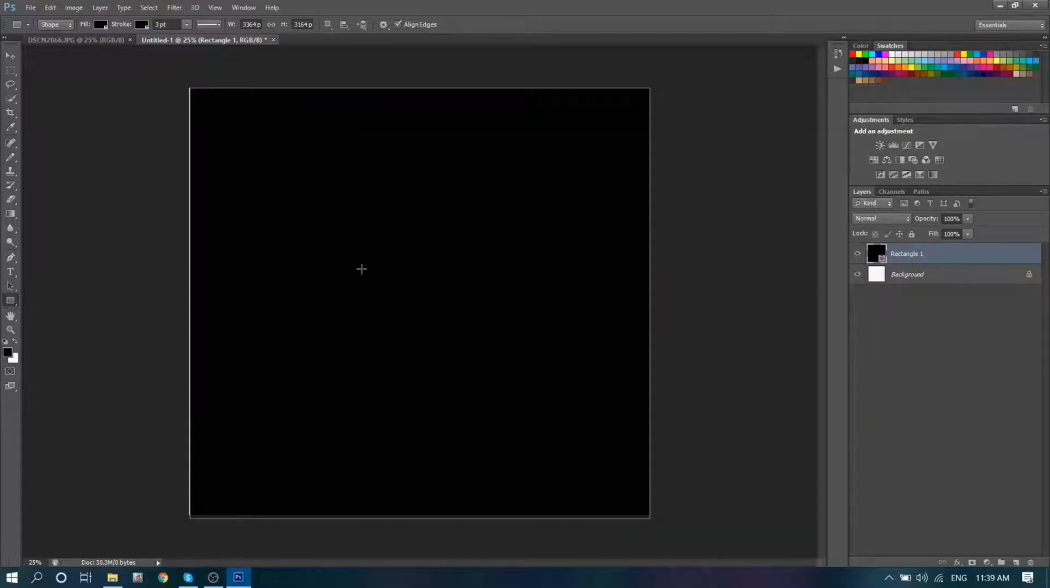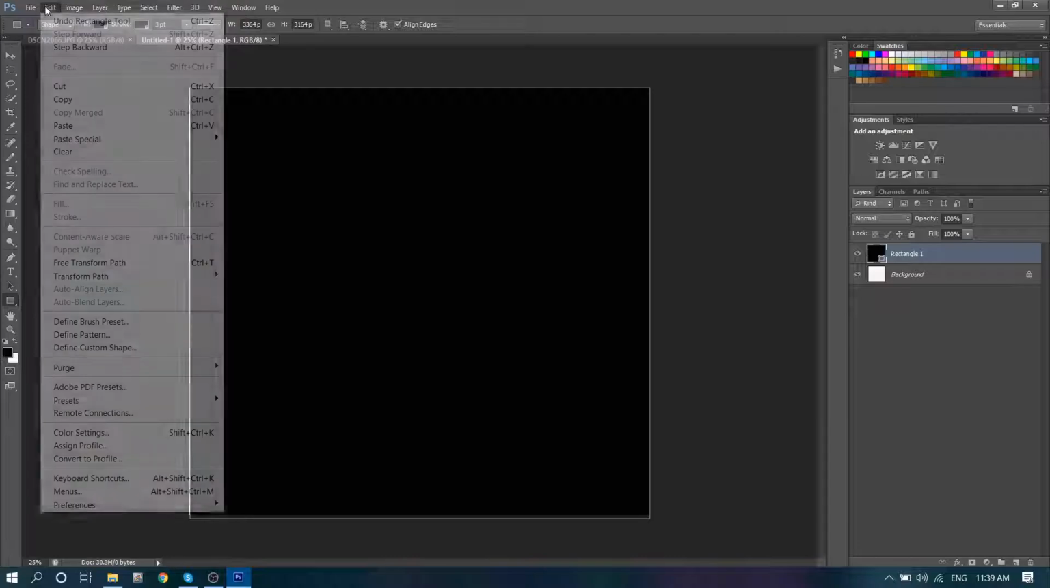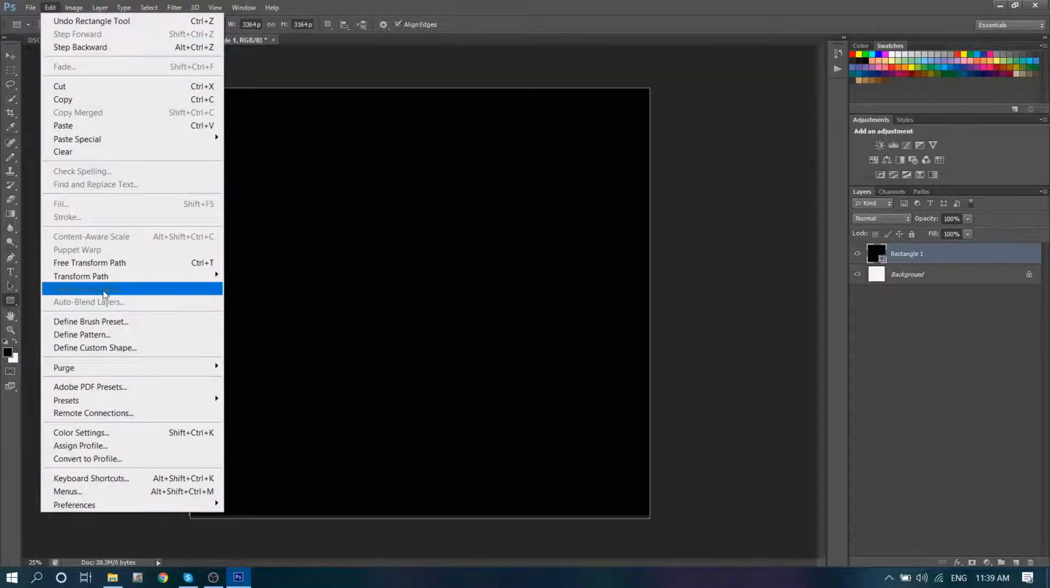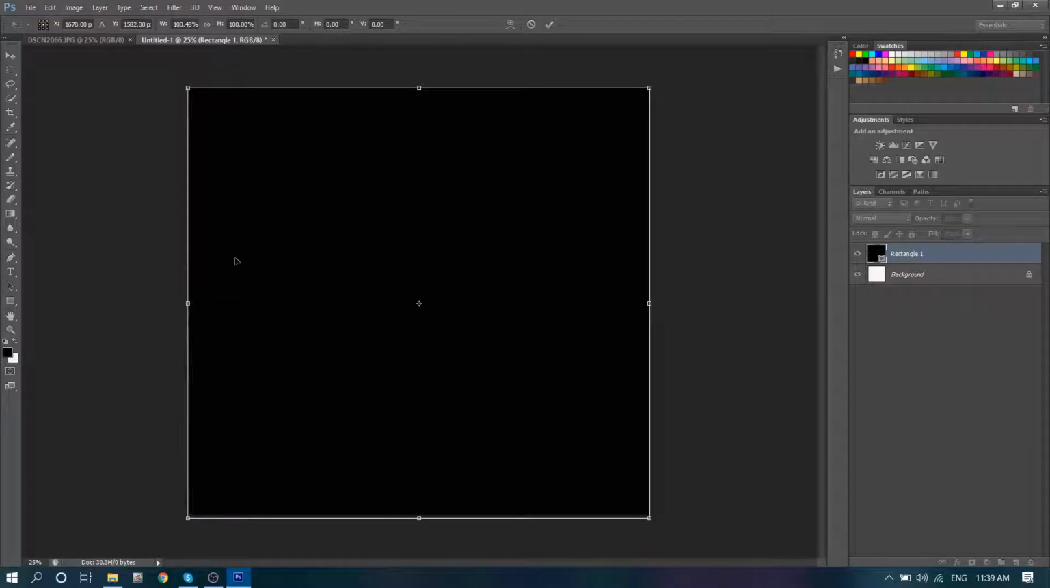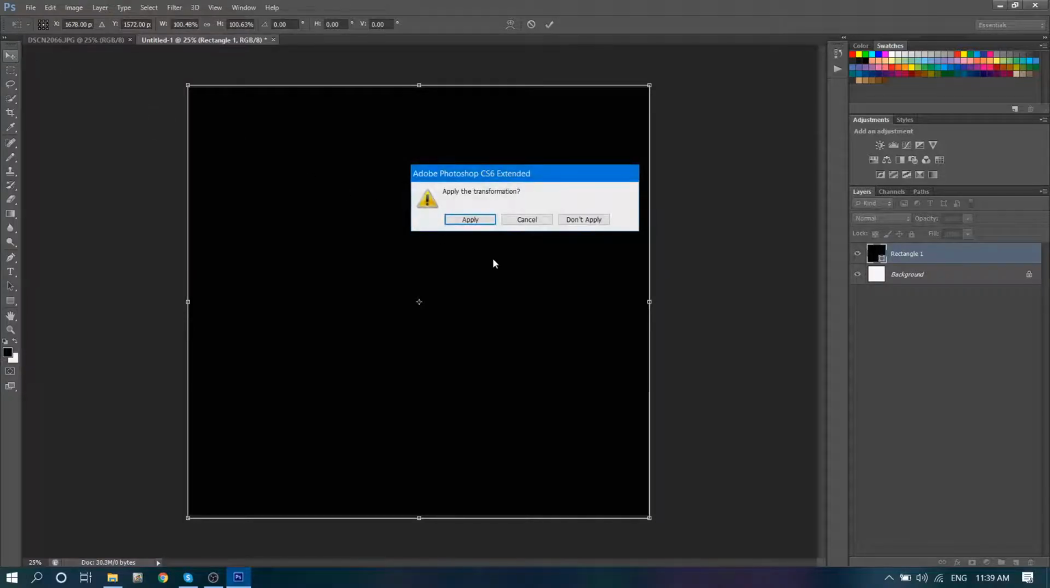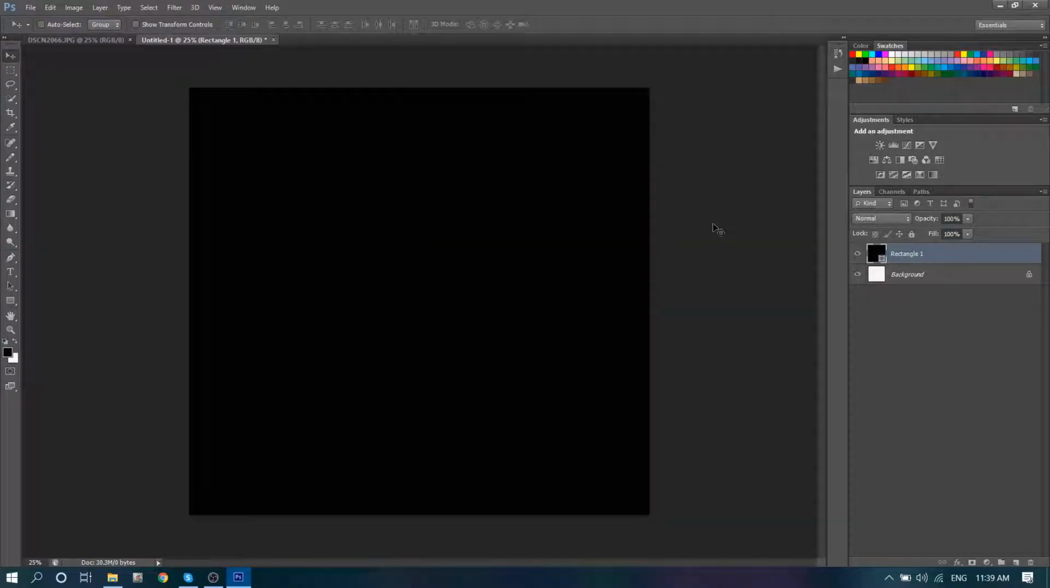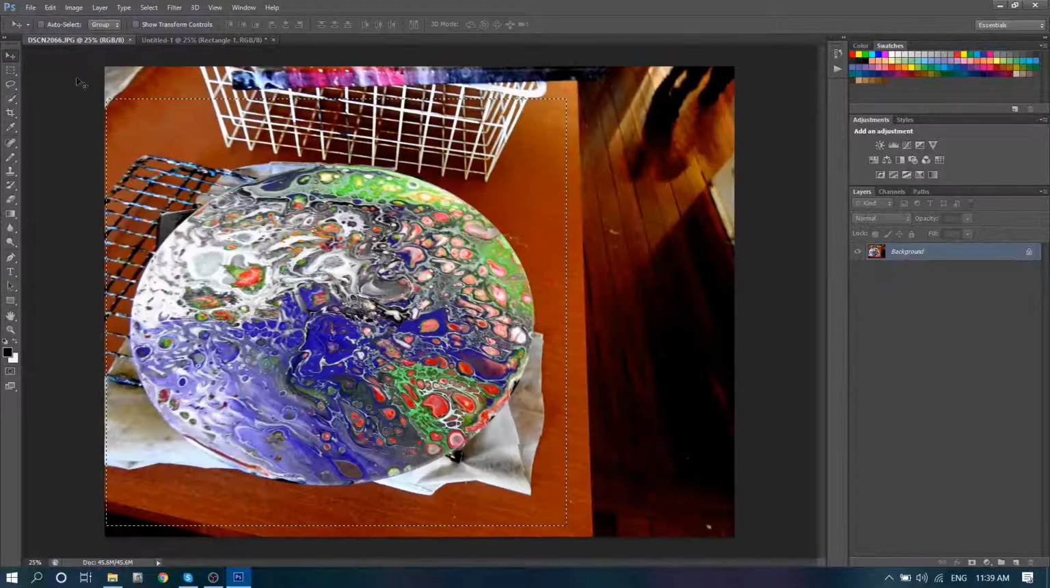make my black background, and it's not exactly covering the white, so I can come up here to edit, down to the transform, and go scale, and then I can just make it a little bit bigger to cover all that white. Click OK, and there's my little black background. Then we'll go back over here to our picture,